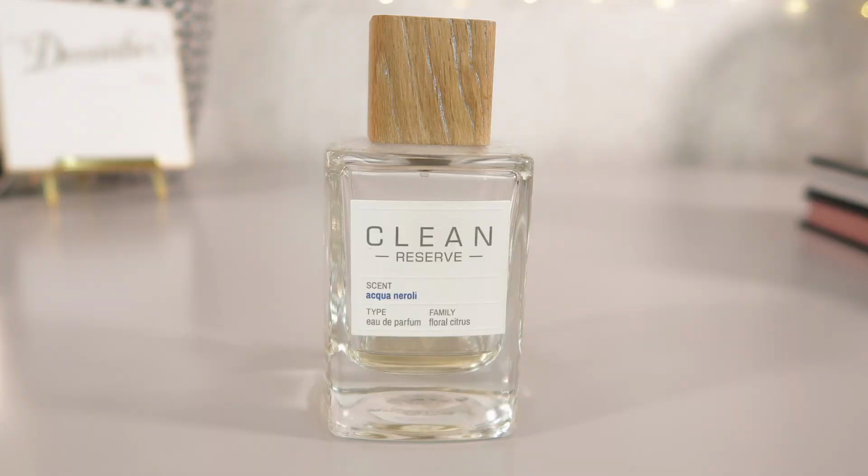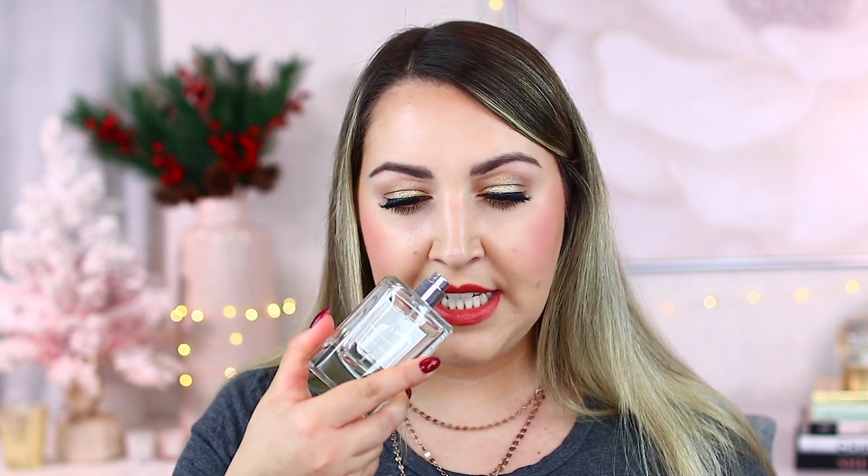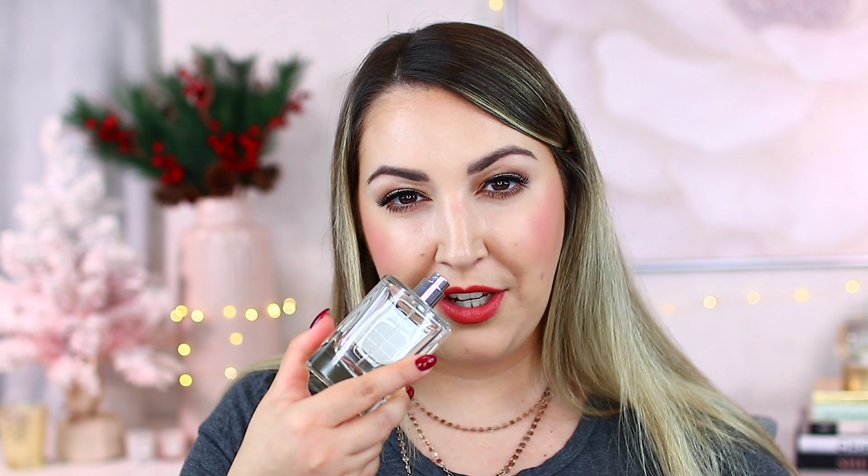Whenever I do use it, people are like, what the heck are you wearing? It's gorgeous, just lots of compliments. The staying power is lovely as well, but I just love this. It's the perfect everyday fruity fresh perfume. So beautiful. It does have a teeny bit of a floral undertone, but at the very, very bottom, it really